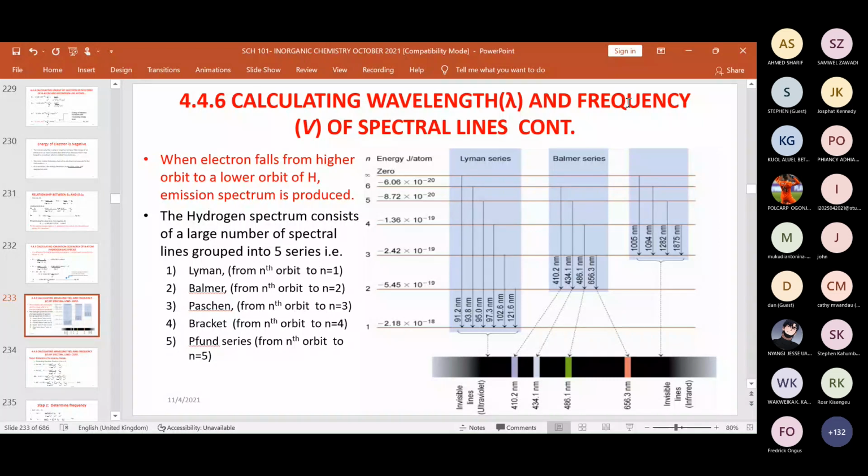So there are two things that you need to note. Okay? Next person. Question about the energy levels. You said that the